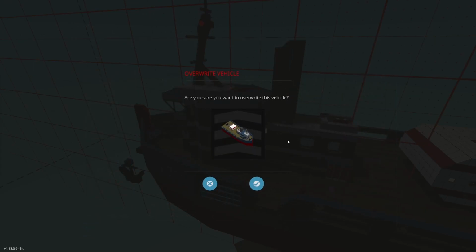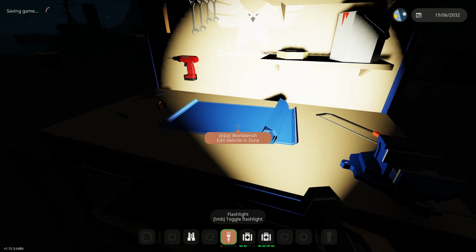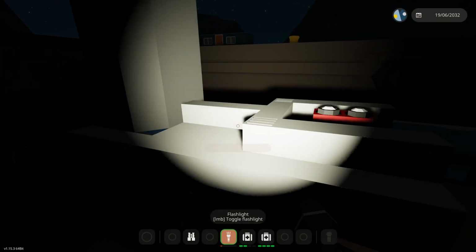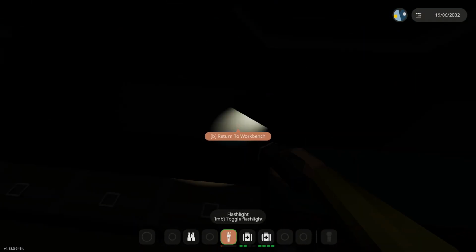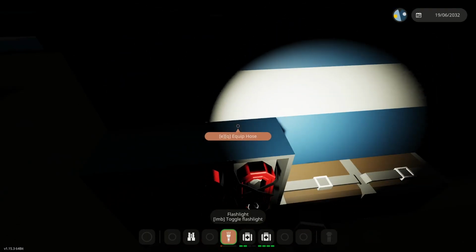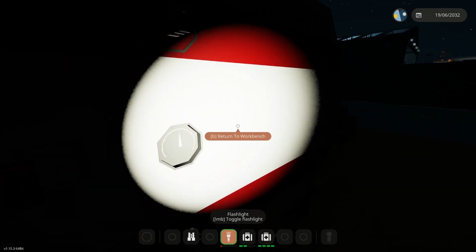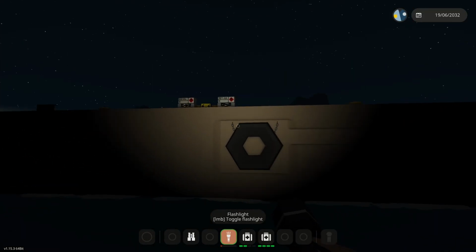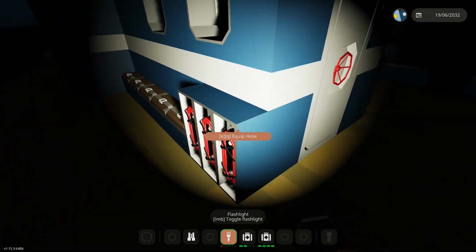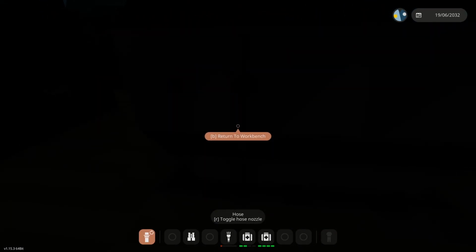Where are you? Over there, Mr. Service Boat. And let's spawn him. Beautiful. And we'll just pop over to here. Let's make sure that our fuel tanks have fuel in them. They do have plenty of fuel in them. These tanks do not have any fuel in them, so we do need to fuel those up as well. All right, so let's grab ourselves one of those. Hook it into...